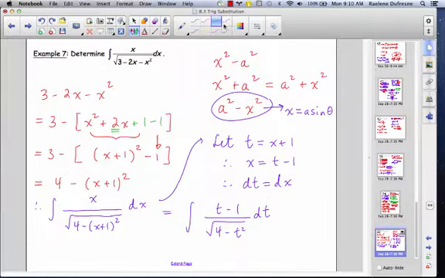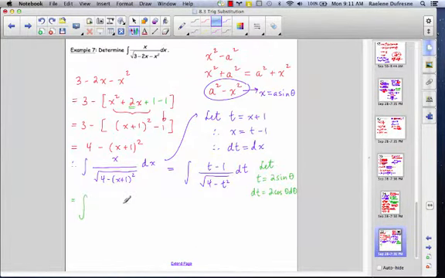We'll use t rather, equal to 2 sine theta. So dt is equal to 2 cos theta d theta. And therefore this integral is now equal to the integral of 2 sine theta minus 1